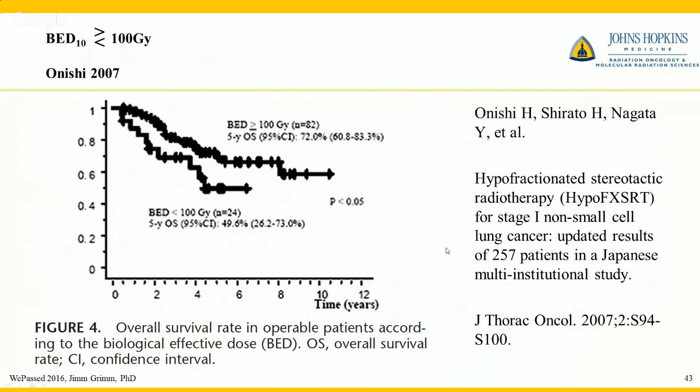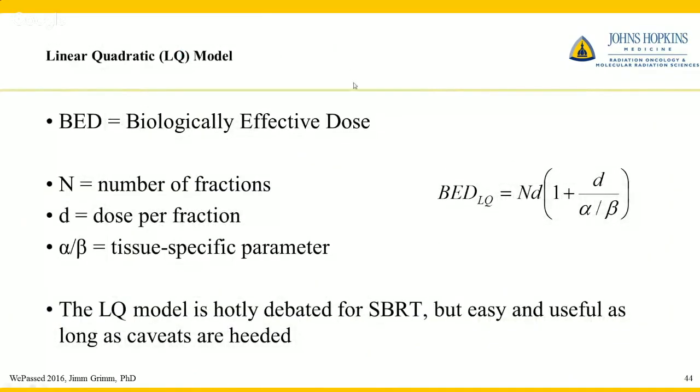So this became, and obviously 100 gray is a nice round number, so that got some traction, and it's become pretty well a benchmark. But what is BED? I didn't see anybody in the chat say, what is BED? Because I didn't really define it yet. And this is definitely a good kind of question for a board exam. So I'm going to have you work out a couple examples here.